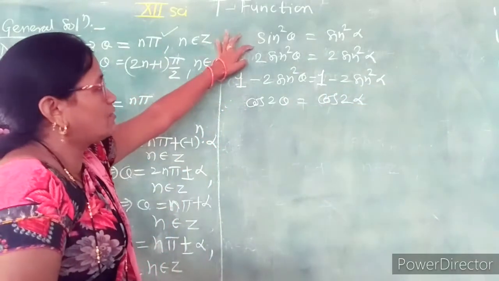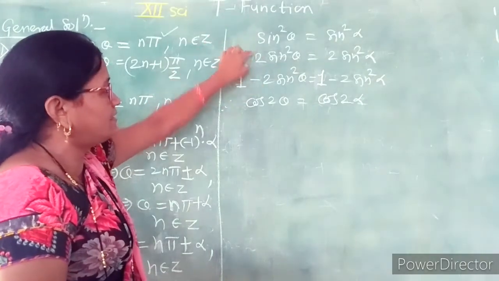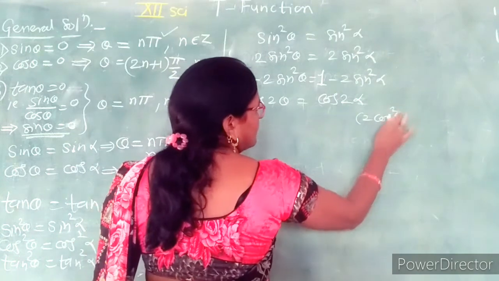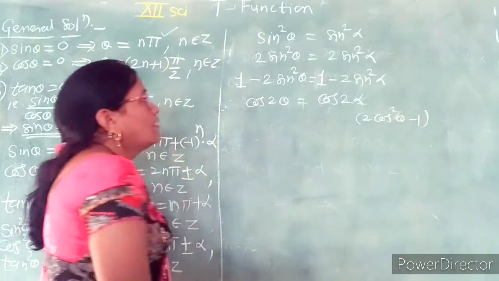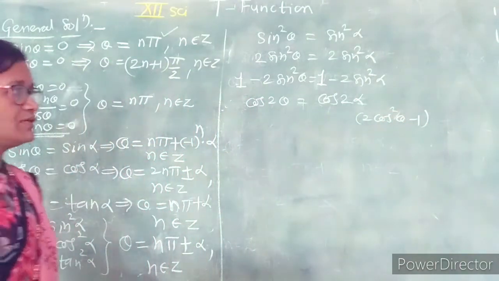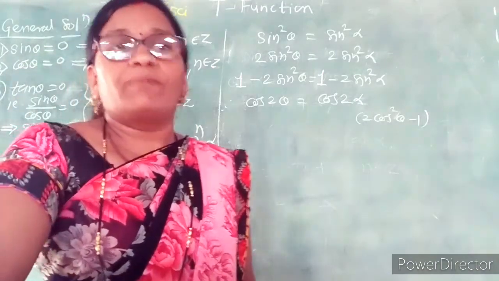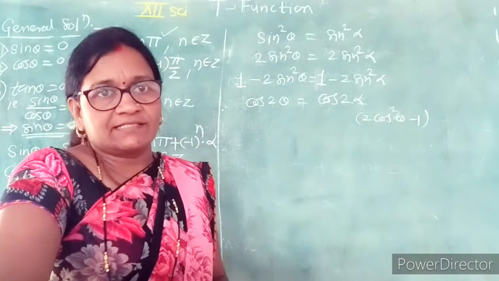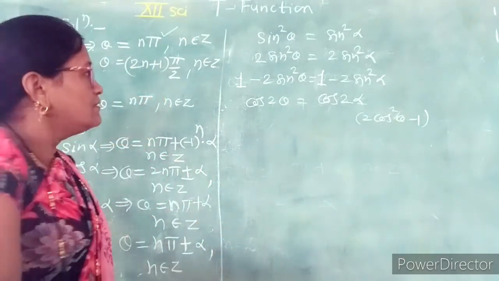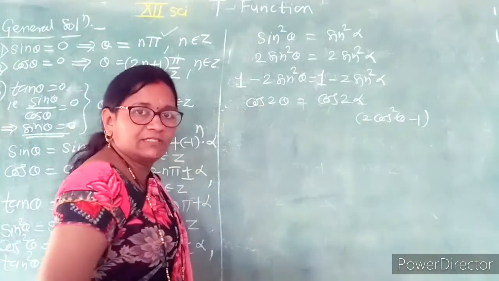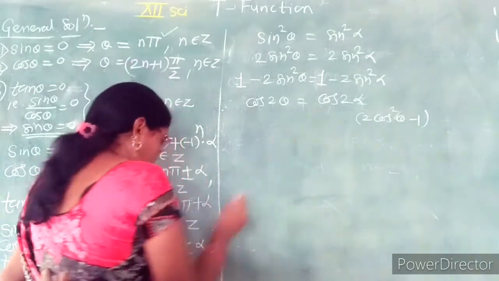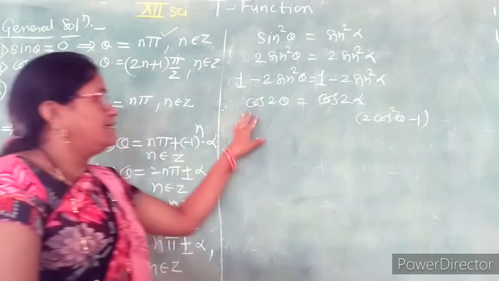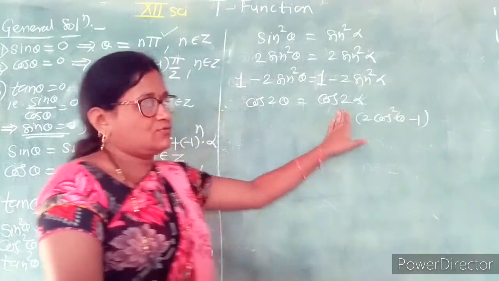Instead of sin square, we take cos square. At the same time, we take that identity as 2 cos square theta minus 1. Or for tan square theta and tan square alpha, you use the result of componendo and dividendo law. So 1 minus tan square theta upon 1 plus tan square theta. By using this, you find that the ratios are nothing but cos 2 theta is equal to cos 2 alpha. So for these 3 square equations, we get the identity cos 2 theta equal to cos 2 alpha.